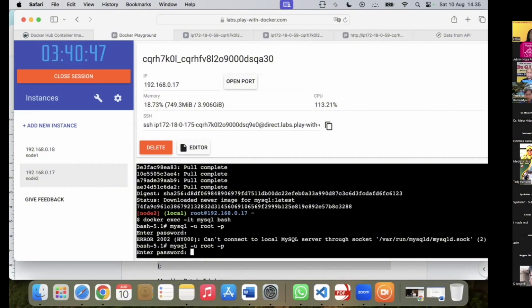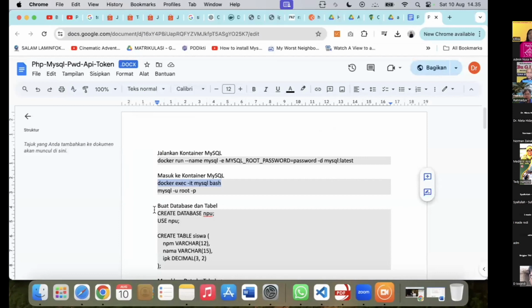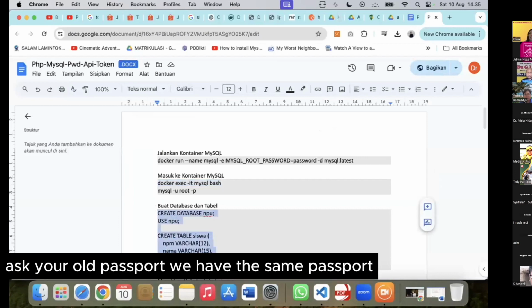And then we go to MySQL, using the password.